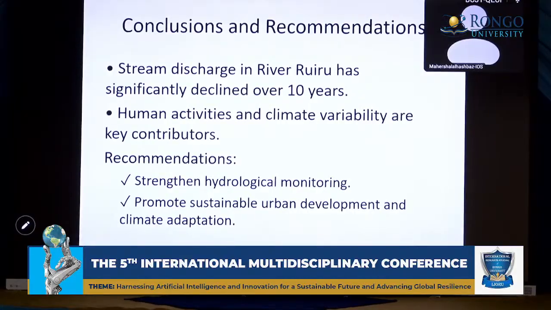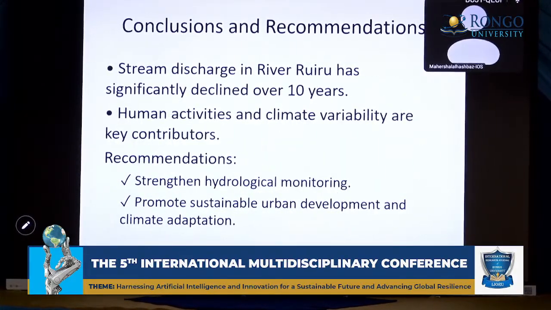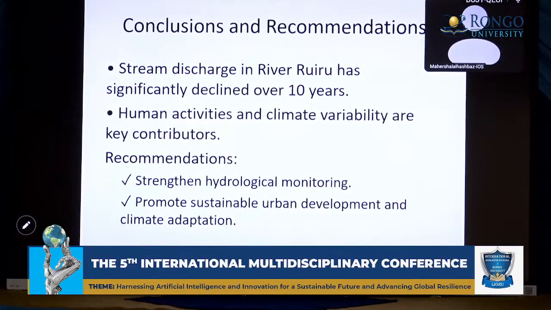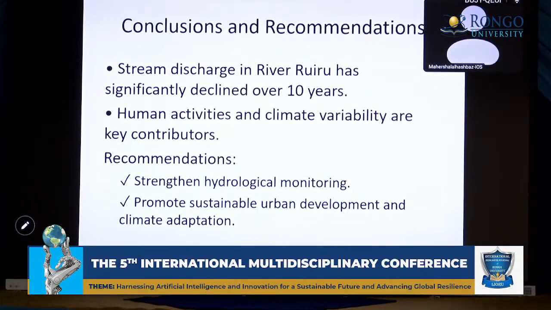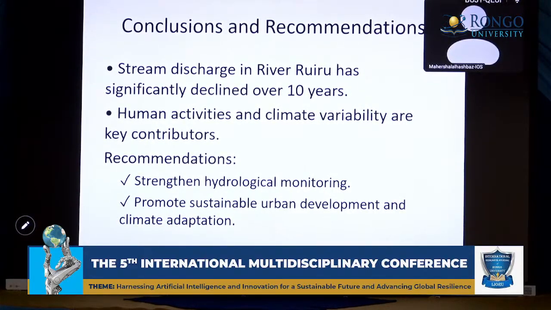Then three, we need to promote climate adaptation strategies that are tailored to local conditions. Because we've seen, because of the frequent droughts and extreme rainfall events, there's a time when we have a lot of discharge, then it goes to waste, there's a lot of runoff and all that. So if we do not adopt climate strategies that are tailored to the local conditions, then we will be missing out.